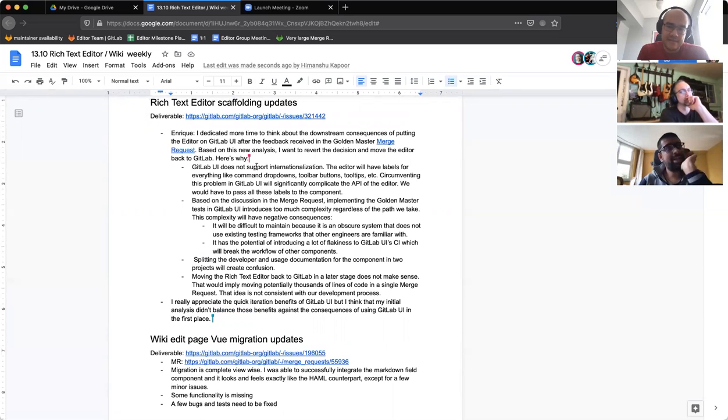So yeah, I think I agree with most of what you said. To talk about Storybook and GitLab UI components, there are actually a lot of components in the shared components folder of the GitLab repository, which don't really have a Storybook of any sort. I think there is an issue already open to put those components in the Storybook as well. And I think the point you made about labels